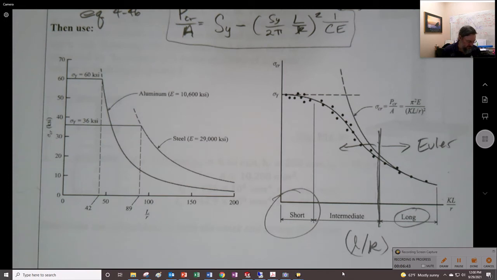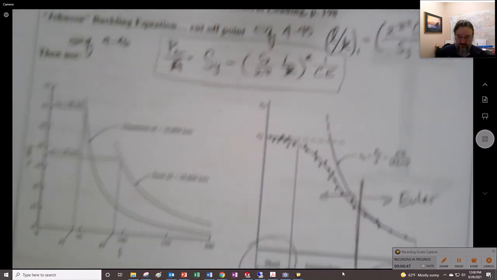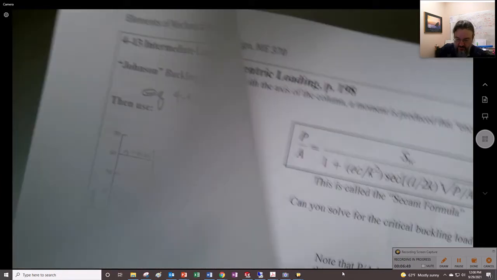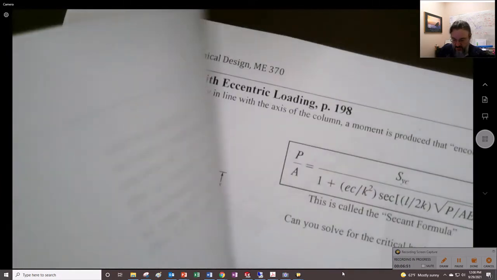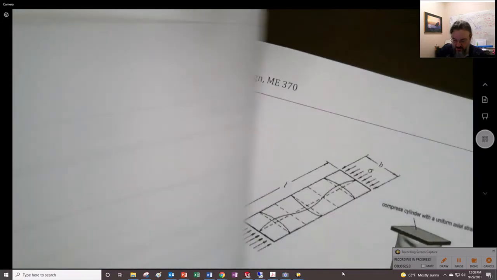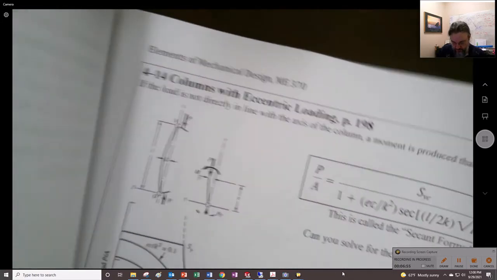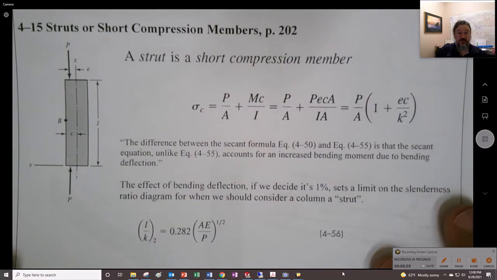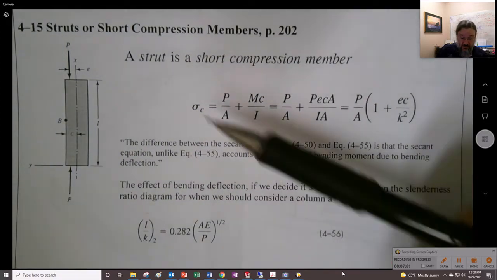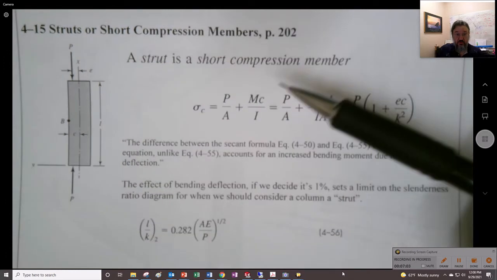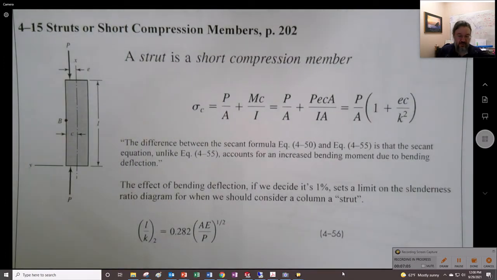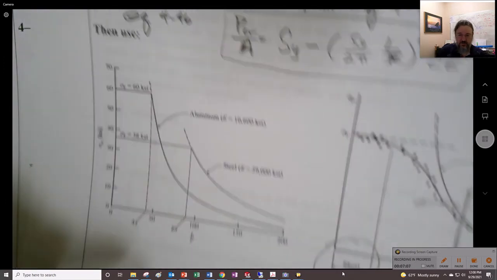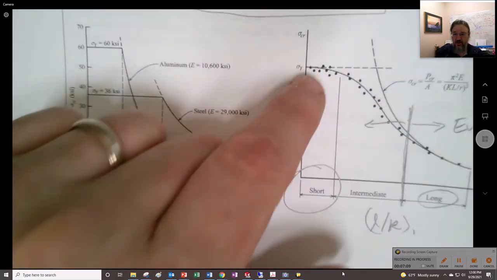What's considered short. So there's another criteria, and so this is section 415. So I will skip over these, and we'll come back over to them. I think I skipped. Okay, so if it's very short, we decided we call it a strut. So it's a short column, and it kind of makes sort of sense that as you're getting squattier and squattier,